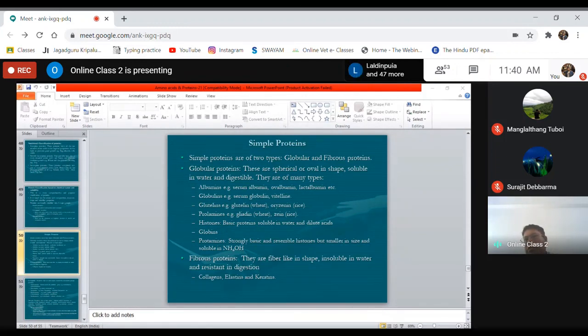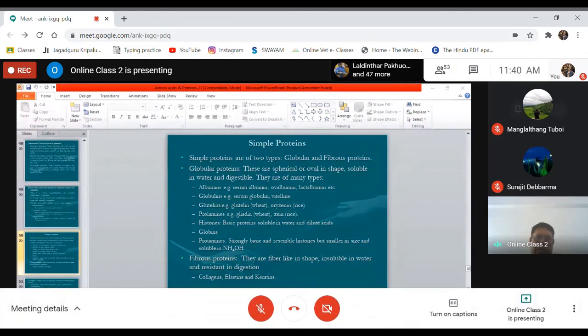Now we shall start with the second unit. The first topic mentioned in your second unit is enzymes. So once we